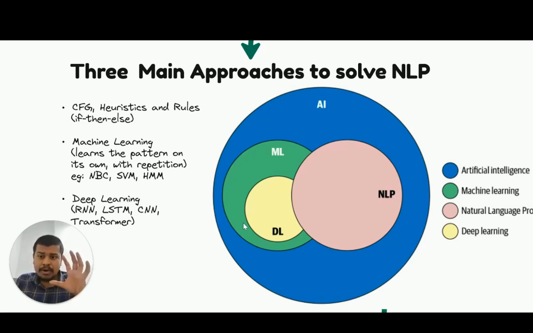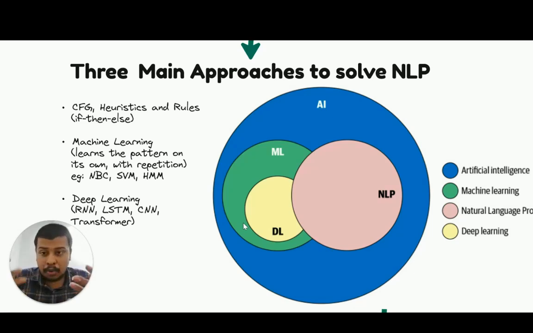For giving you an example of what these heuristics and rules would be, there are three main conditional statements, right? If, then, and else. We would make up rules using these three conditional statements, and those would be used for specific NLP tasks. So this could be a direct rules-based system, right? So this would be our first approach. The first approach has two parts: one is the CFG, and the other one would be the heuristics and rules. CFG is the mother of all of NLP tasks and NLP systems that are currently present, right? It is the basic root of any NLP system.